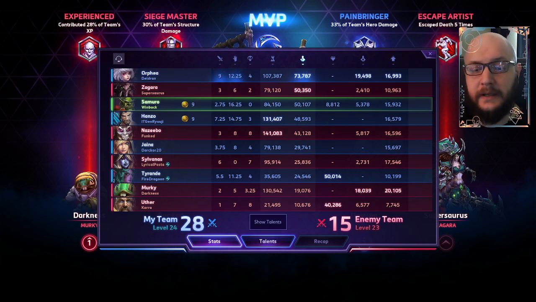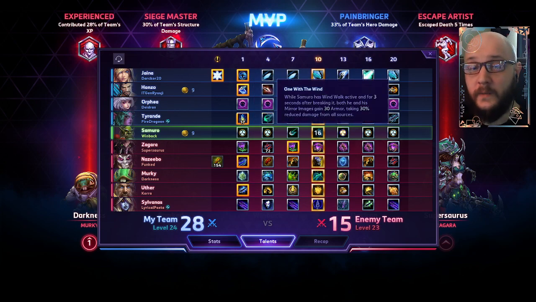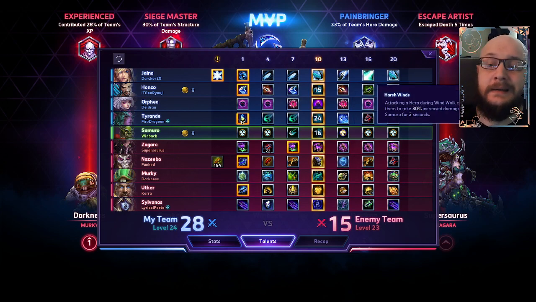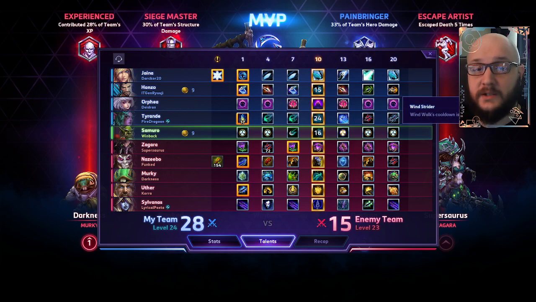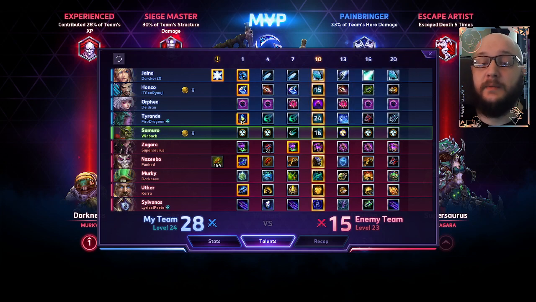But the build again, I mean, just match the pictures. It's real easy. Way of the Wind, One with the Wind, Crushing Blows, Blade Storm, Shikuchi, Harsh Winds, and Windstrider. Sorry, I got hung up for so long on that level 7 talent tier, but now I'm rethinking it. I still think Crushing Blows is going to be better for this build, but who knows. Lots of burst damage needs to happen really fast with this build and this character when you're playing him this way, so